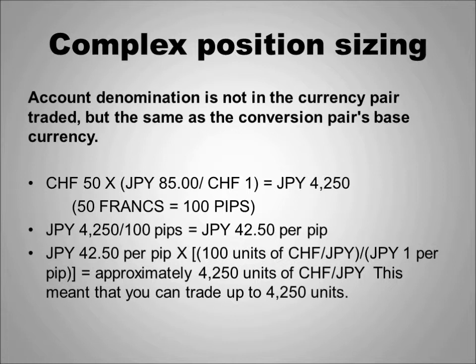And we take that, multiply that by 100 units of the franc-yen pair, and also we take the 100 units of the franc-yen pair, divide that by 1 Japanese yen per pip, and that gives us 4,250 units, which means